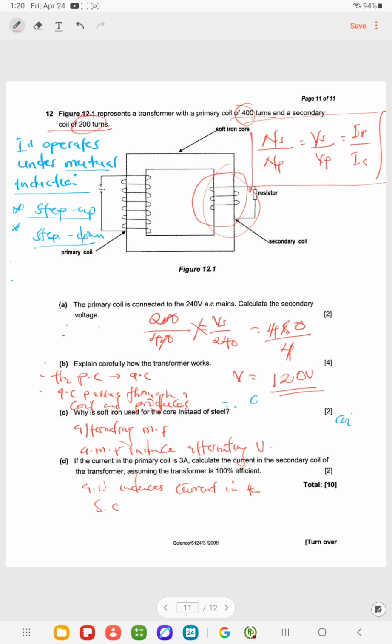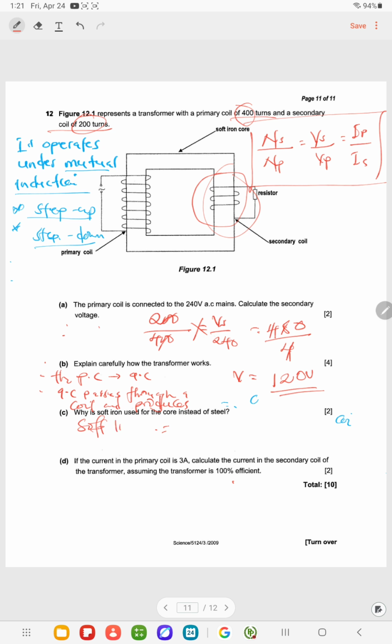From here, I'm just writing the abbreviations, but you can write it in full to make your own notes. So that one is done. Then question C, we're looking at why is soft iron used for the core instead of steel? 2 marks. If you look at the concept of magnetism, when you're comparing iron and steel, the reason why we use a soft iron core instead of steel is because